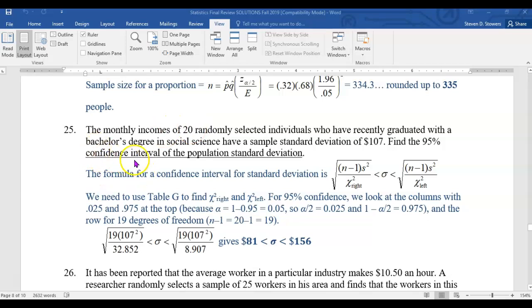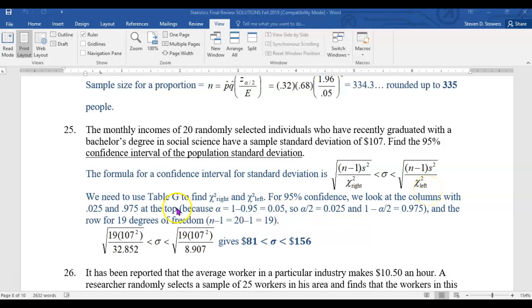Question 25 asks for a confidence interval for population standard deviation. So this is the kind of formula for that. And to use this formula, we are going to have to look up the values for chi-square right and chi-square